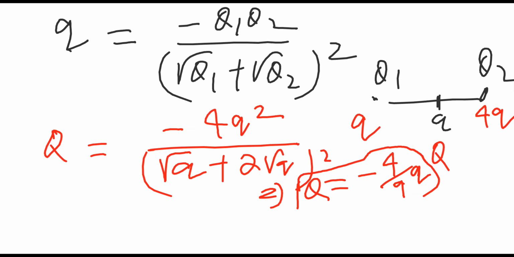Are you understanding now how it came? You see, down is basically 3 root Q square. So that is basically 9Q. Okay, and 9Q above, 1 Q square is there, so it will get cancelled. So that's why minus 4 by 9Q is your answer. So capital Q value is how much? Now minus 4 by 9, minus 4 by 9 into Q.